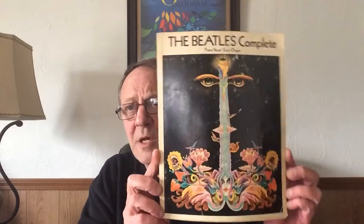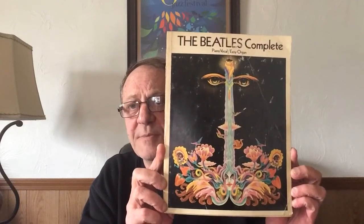But anyhow, it's got some really good art in here that'll be a little interesting. This is called The Beatles Complete. Okay, this has, I think, every Lennon and McCartney composition along with George Harrison's compositions. And the sheet music in this book, it's dumbed down a little bit. It doesn't have the original transcriptions, you know. But it's not one of them really dumbed down versions,